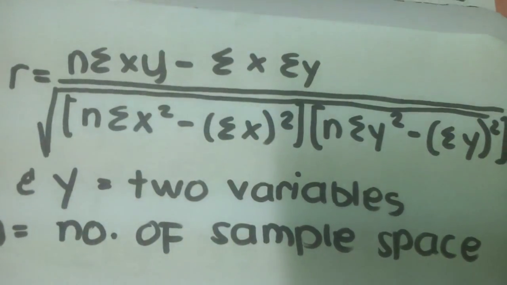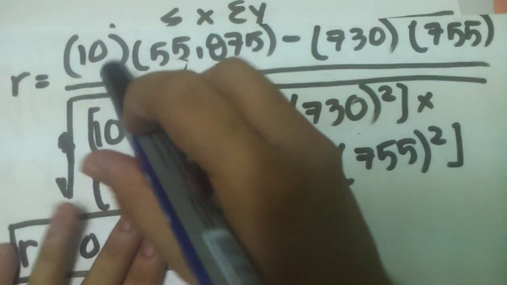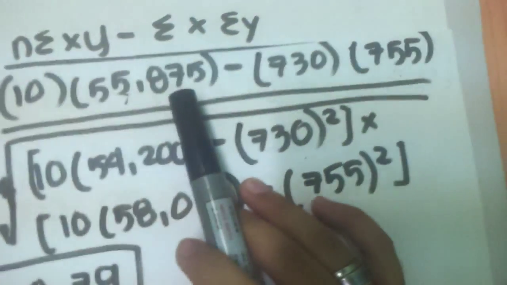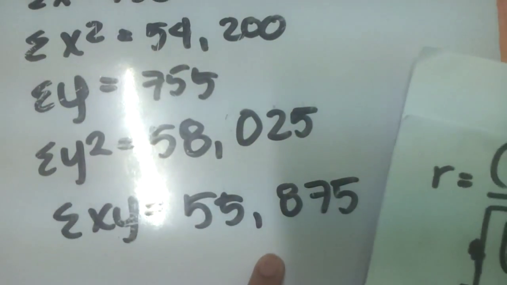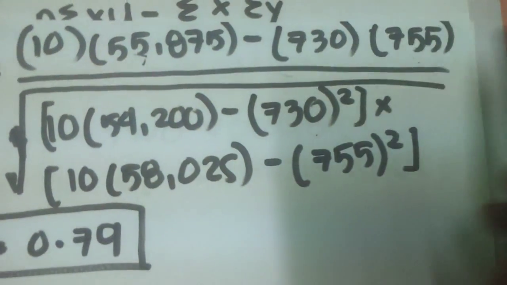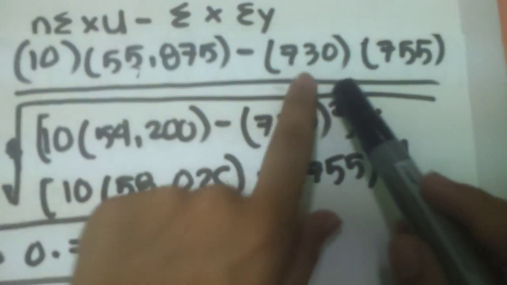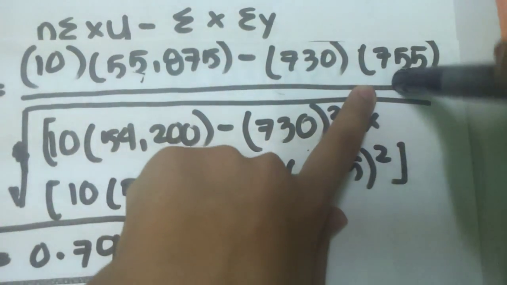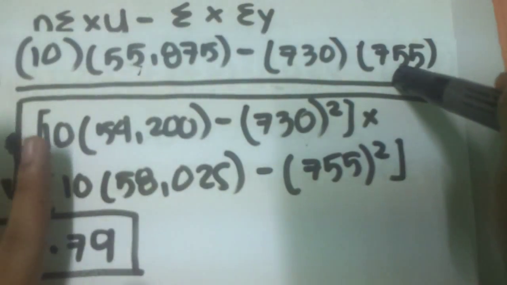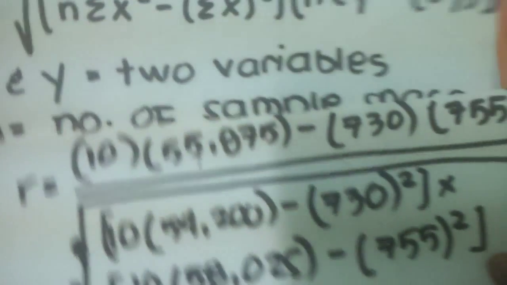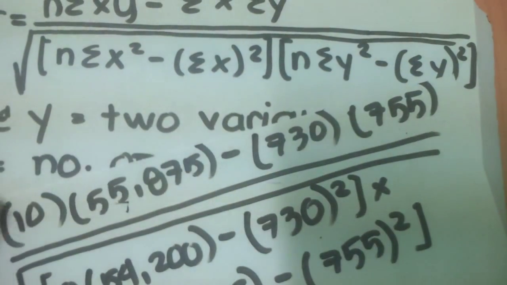So substituting to this formula, we get N, which is equal to 10 times summation of XY, which is 55,875, minus summation of X, which is 730, times summation of Y, and then all over this. So substituting our given values,